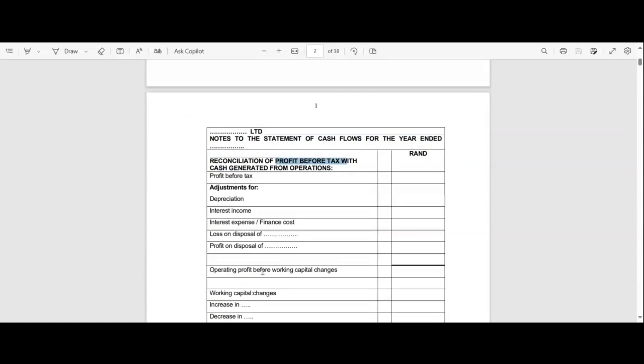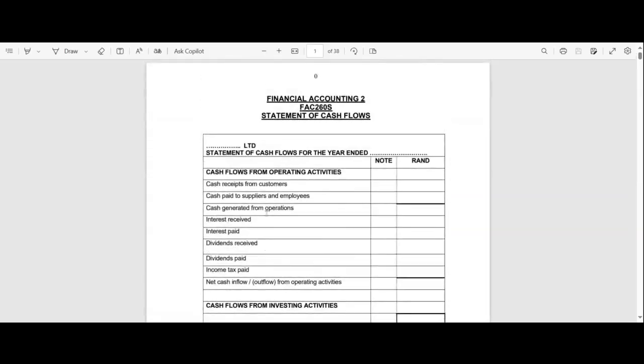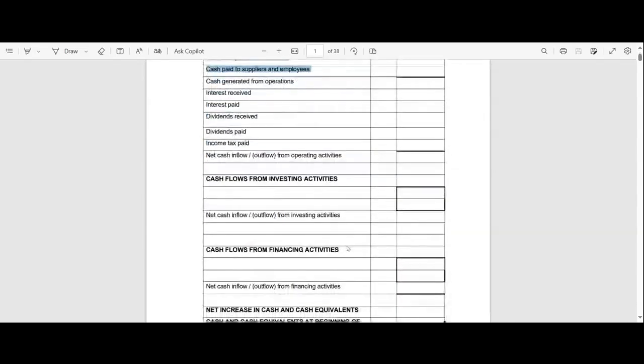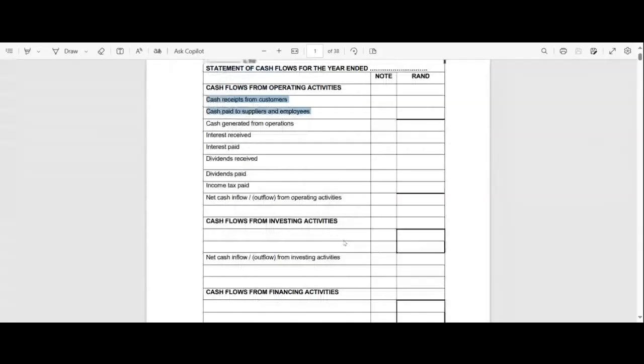But this profit now is not a net profit that includes all kinds of activities. It is an operating profit. In other words, it's still a profit, not a cash flow yet. But it's a profit that only relates to our operations. That is what is left. So what it means, we are going to take out any income and we are going to take out any expense that is part of our other operating activities.